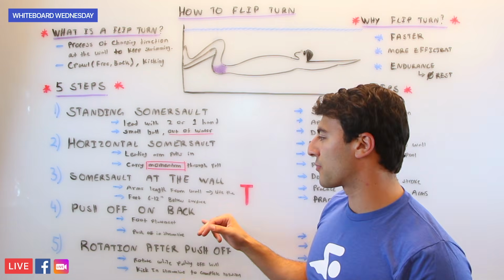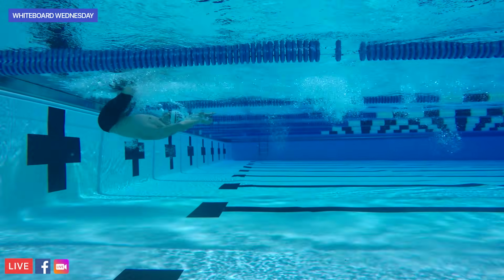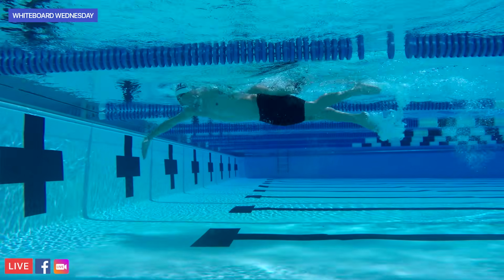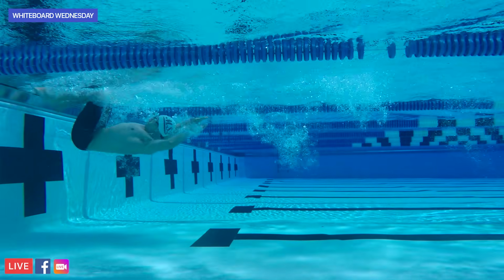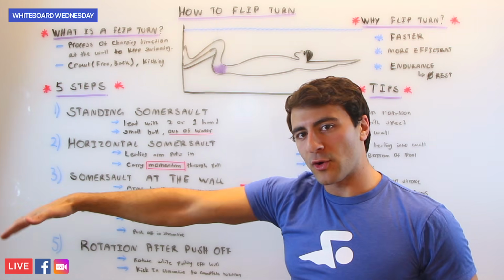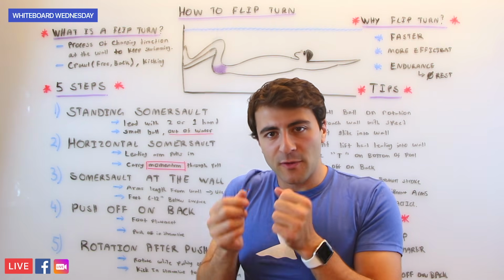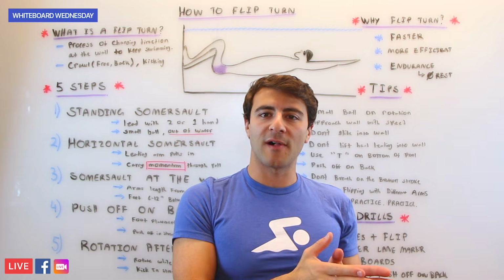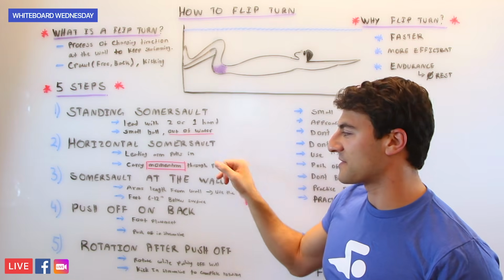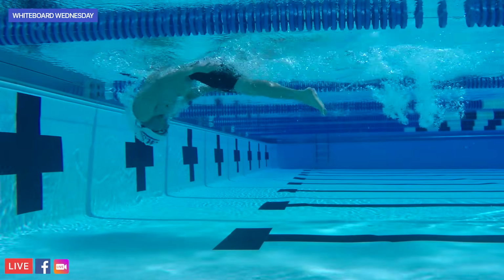So step 3 is actually applying this concept of doing a somersault after 3 strokes at the wall. You're going to practice approaching the wall with freestyle, and when you're about 1 arm's length away from the wall, you're going to initiate your flip. But nothing is different than what you did when you were horizontal. So you take your 3 strokes, and then you're at the wall, your fingertips are right at the edge of the wall, and you're going to initiate the pull that'll get you into the flip. And you want to be in a really tight ball. Just because the wall is there doesn't mean you actually change any of the mechanics you did in step 1 or step 2.